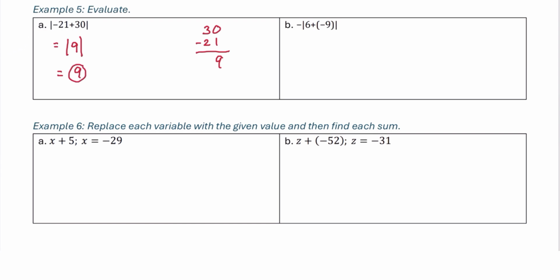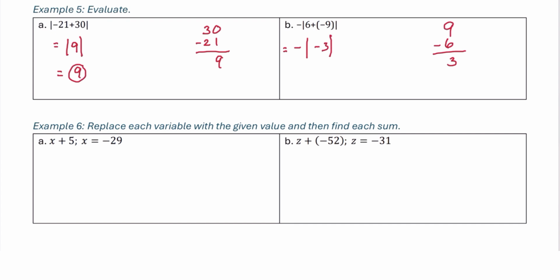In part B, we have negative 6 plus negative 9. Again, the 6 and the 9, one's positive, one's negative, so we will subtract those, giving us 3. The 9 was negative to begin with, which is a bigger absolute value than the positive 6. So our answer is actually negative 3